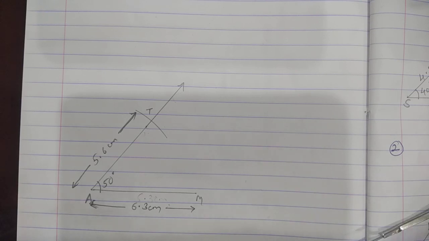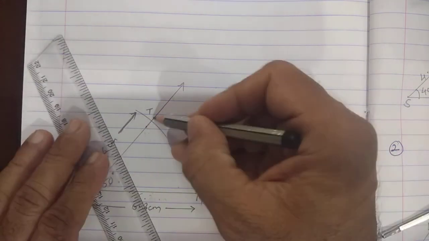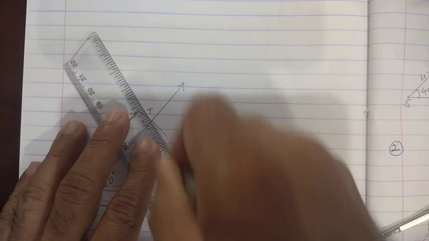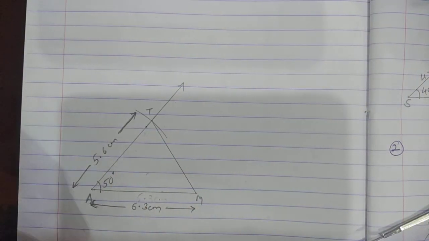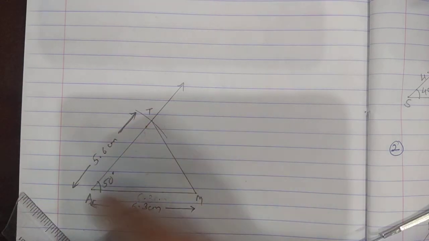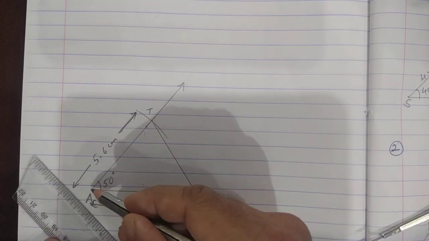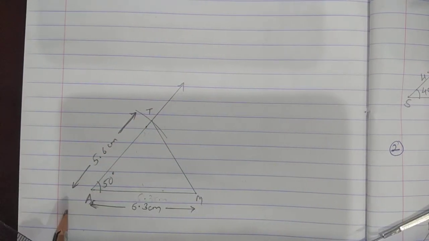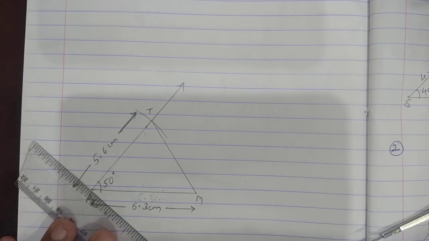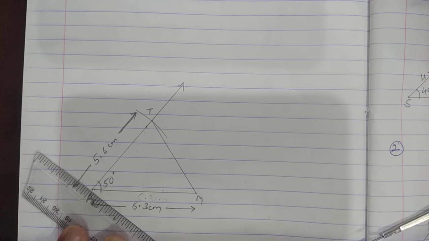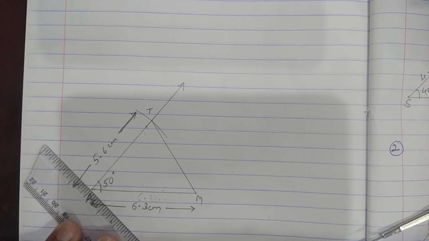Okay, so join TM now. So this is your required triangle, two sides and one included angle is given, no? So we can construct a triangle. Now inside this triangle AMT, triangle AHE will come. So for that, as I told you, first construct the triangle according to the given information. Now take the scale and keep it on point A, touching point A. Okay, from point A you have to draw a ray, which you have done earlier also.